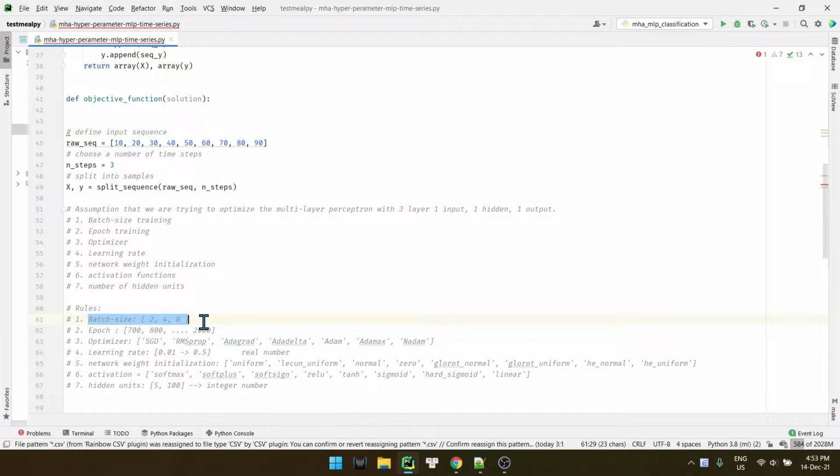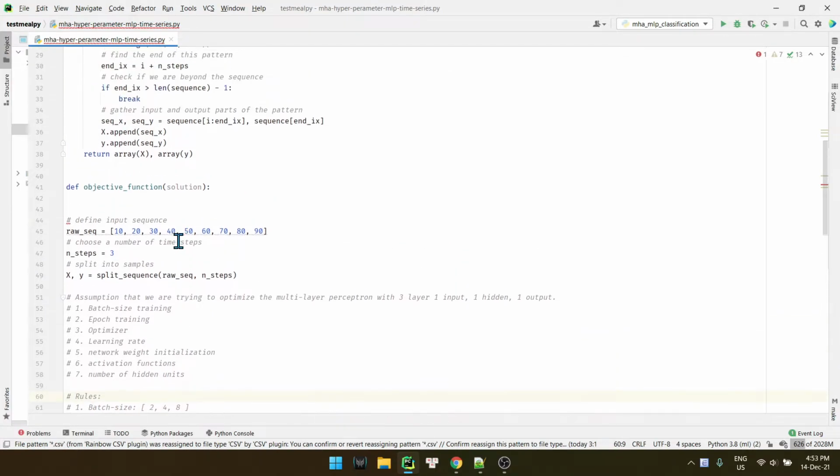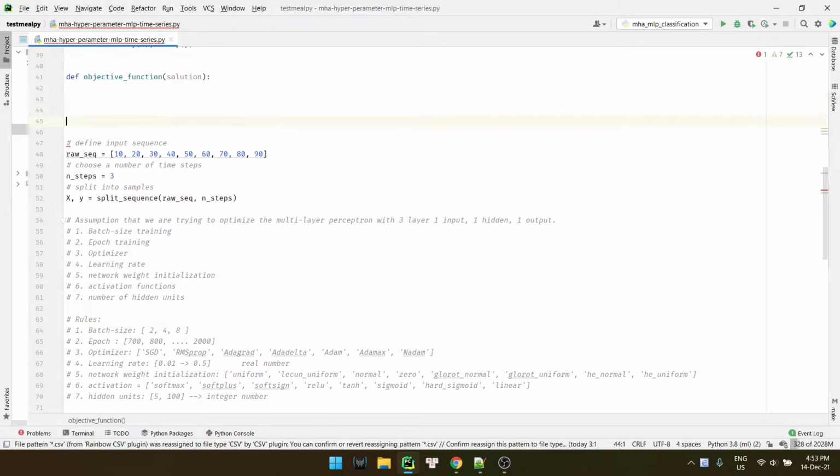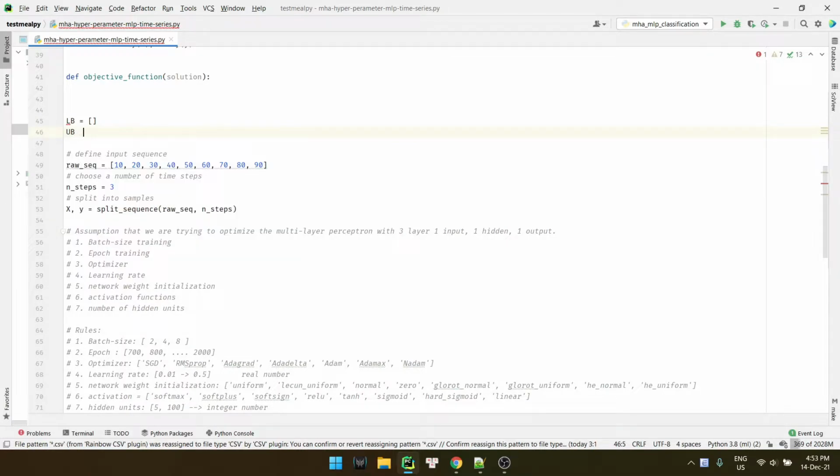Right here we have batch size equal to, so let's design the lower bound and upper bound, which should be arrays. The lower bound for the first element should be from where?